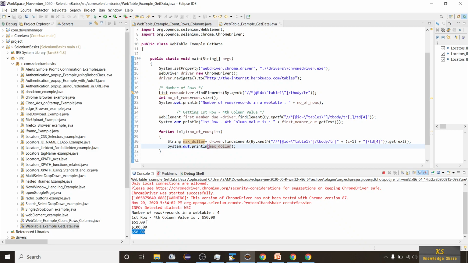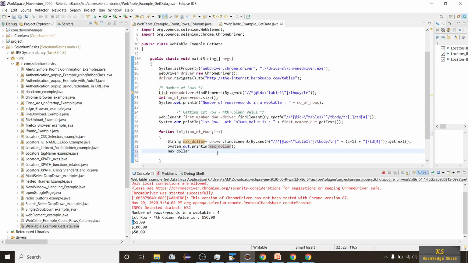Right, now you can observe we are planning to get the maximum value, right? But we are getting it in the form of strings. So if you want to compare this against the other value, you cannot compare it because it's a string value. So we have to remove this dollar from the string. So how do you remove that? It's a simple statement.